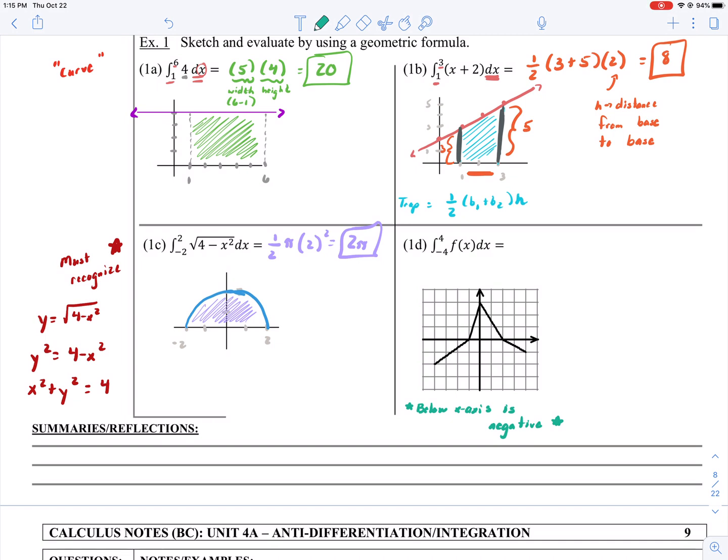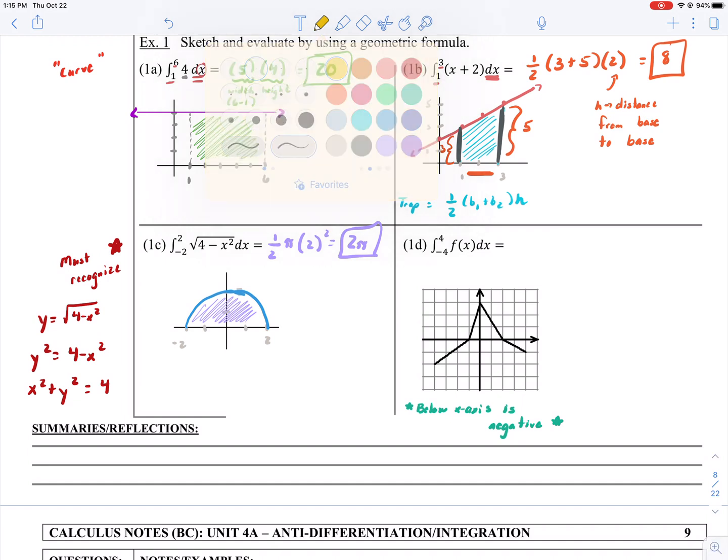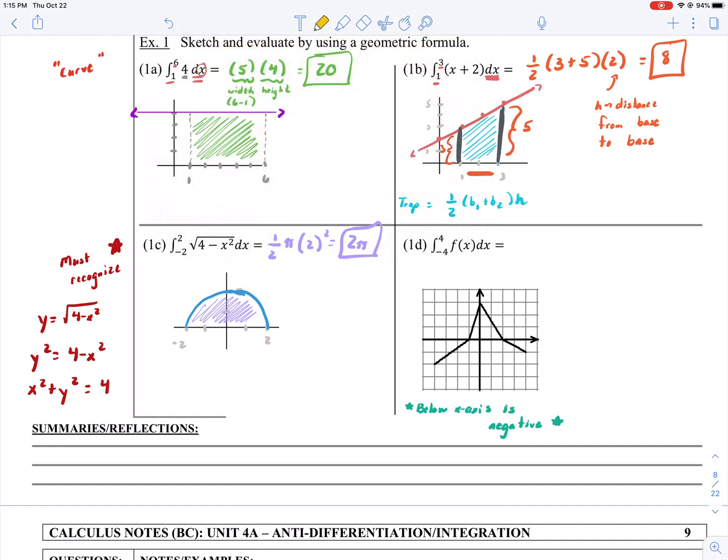So what we're going to do is we're going to use a property, and we're going to break this up into pieces. So we're going to go from -4 to -1 of f of x dx, and then from -1 to 2, and then again from 2 to 4. So we're going to break this up into geometric pieces, right? So equals